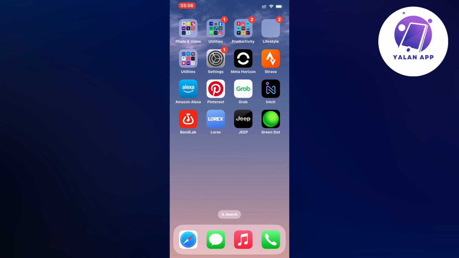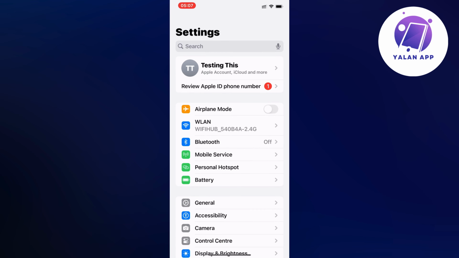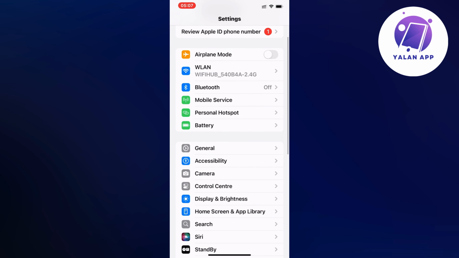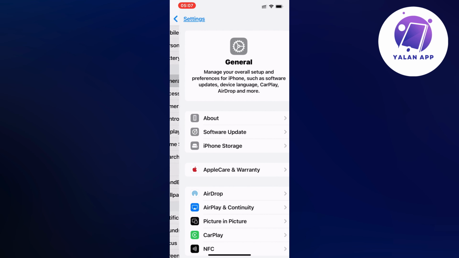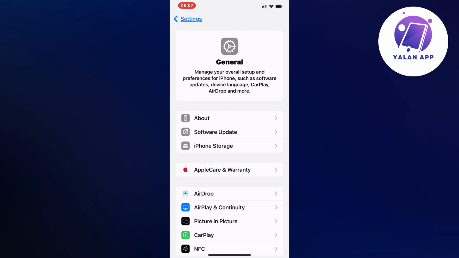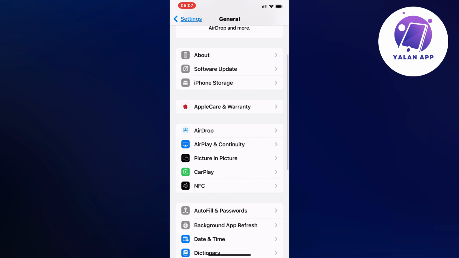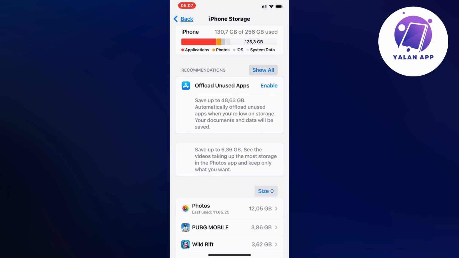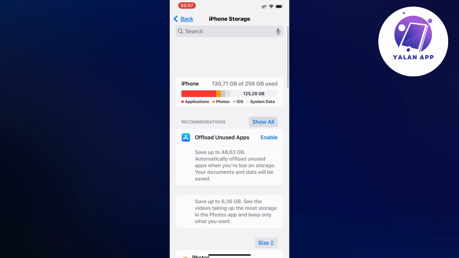So actually what I did myself is that I firstly closed my Green Dot app and instead I went into the settings app on my phone. So now in my settings app, then what I did in here is very simple. I scrolled down in here as you can see, and then I clicked on general. So now on general, I just scrolled down in here again and then I clicked on storage as you can see here. And then on storage, you're just going to simply scroll up like this until you can see the